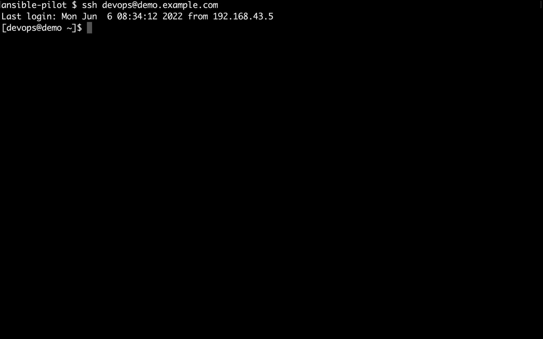Welcome to my terminal. First of all, let's connect to my demo machine and verify the status of the service and packages. I'm going to do it via SSH using devops as username at demo.example.com. This is my demo machine. Once inside, let me switch to root user with sudo su and verify the status of the Postgres and